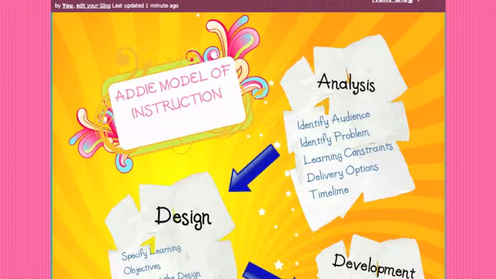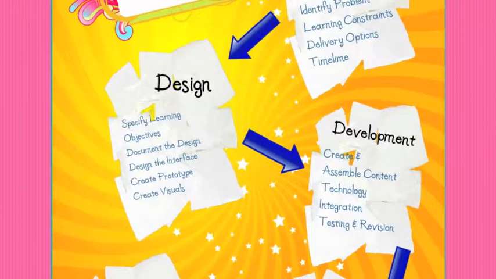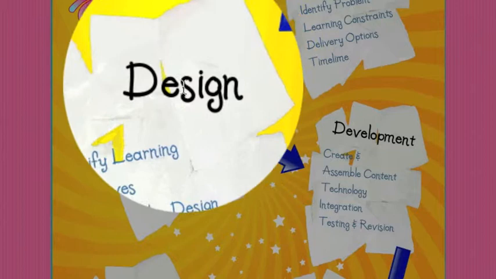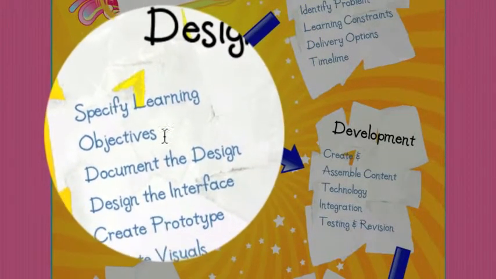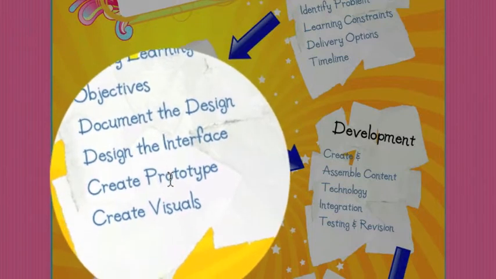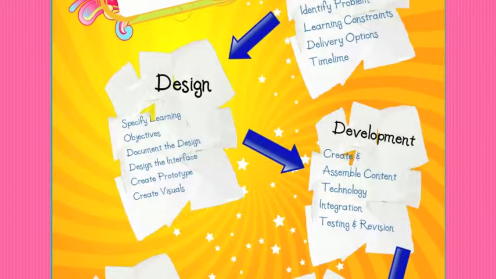The delivery options would be various multimedia resources and activities loaded onto Schoology, a central hub for the lesson. Next, the design phase. This is when the instructor figures out specifically what he or she wants the learner to discover and then begins designing the interface and prototypes. For my unit on art careers, this would involve making notes on what art careers I want to introduce, what activities would pertain to those careers, and how I can pull that content together online with word processing documents and